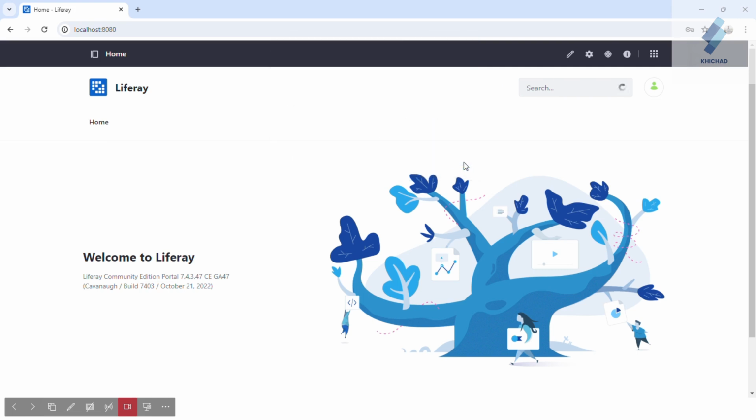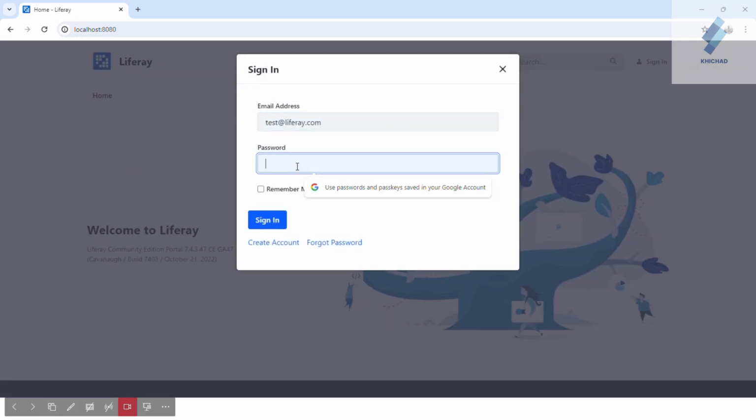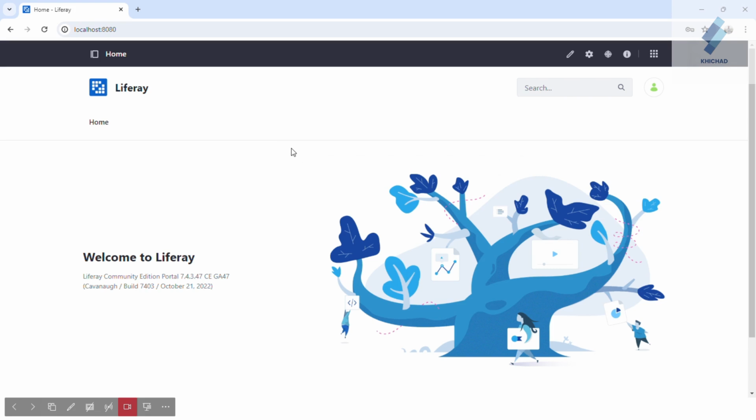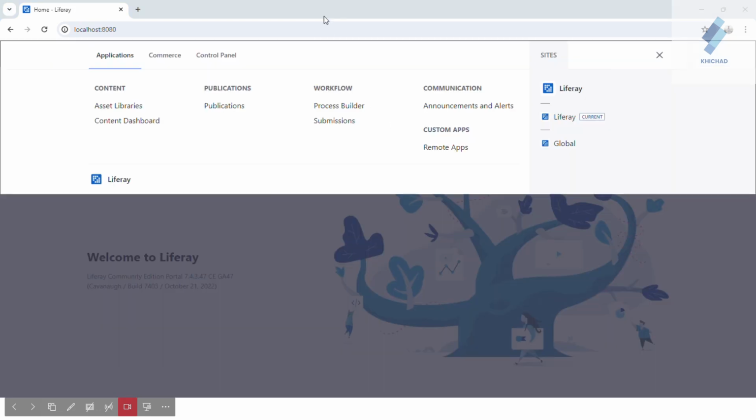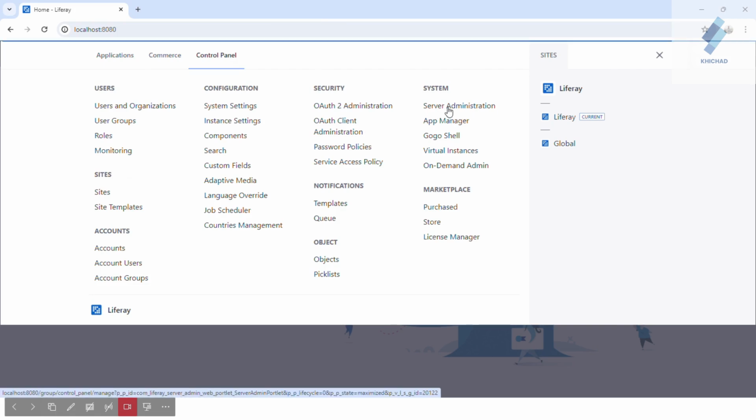After login, go to the global menu, click here, go to the control panel, and then go to server administration.